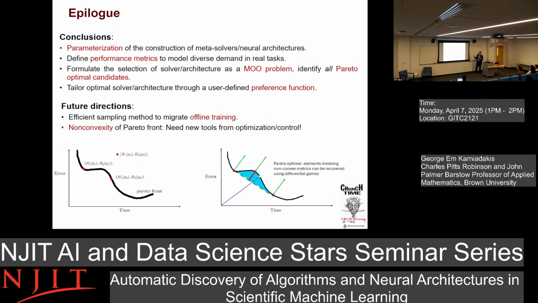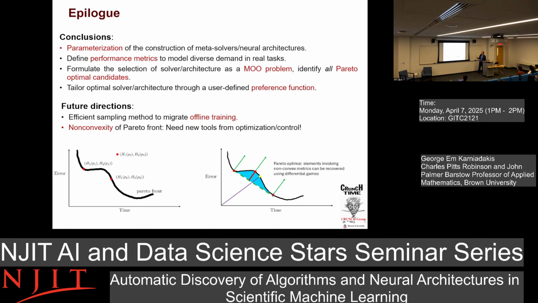All the preference functions I showed you are linear, but actually the most interesting part is to be non-linear, because as I said, sometimes you say, well, I want to get a certain accuracy, but this is my budget. This is how much computer time I have. And also, I don't have much memory. What can I do with the memory that I have? So that you put a cap on that. So all that can be packed and encoded into the preference function. So it's a new concept. We introduced that. I think it's a very useful concept.